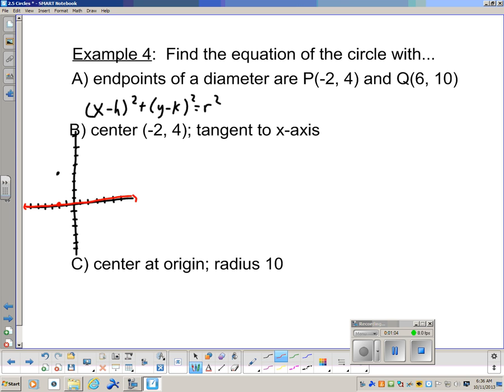So I'm going to go straight down from the center of the circle there. And then I'm going to see what the radius here is. 1, 2, 3, 4. Oh yeah, 4. So now I can go 4 to the right and left from my center of the circle. 1, 2, 3, 4. And then I can do the same thing going up. 1, 2, 3, 4. And then I can go to the left. 1, 2, 3, 4. So once I have my 4 nice points there,